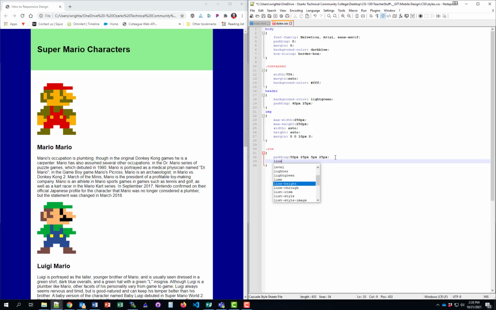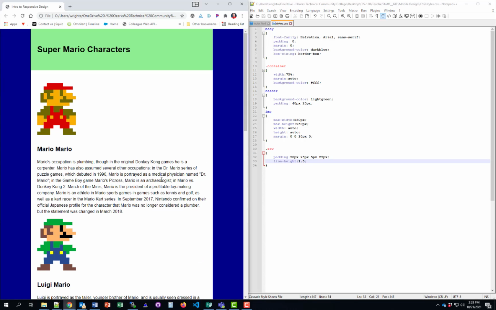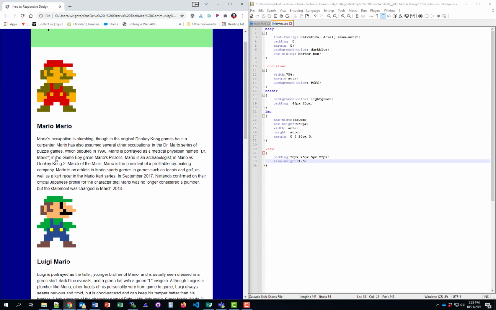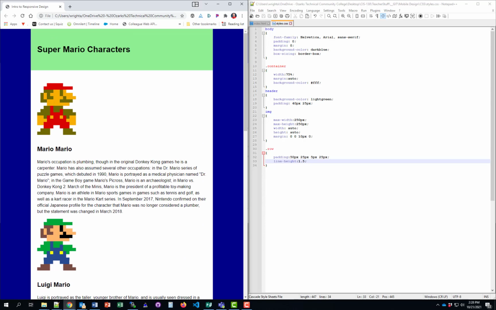I'm going to change the line height to 1.5. When we refresh our page, we can see we got a little bit better spacing with our text, so that looks a little bit better. And now I want to take a look at